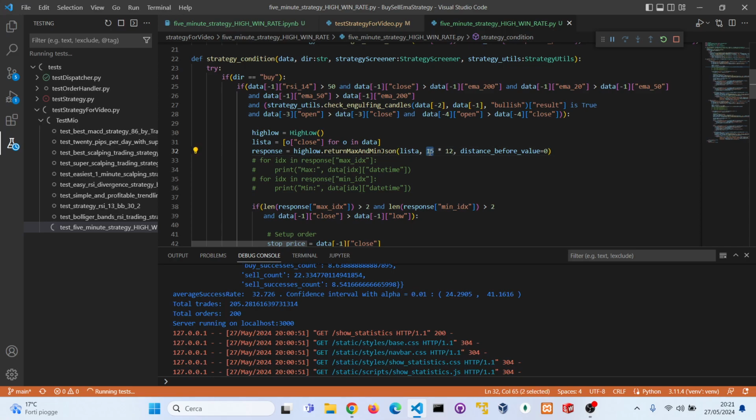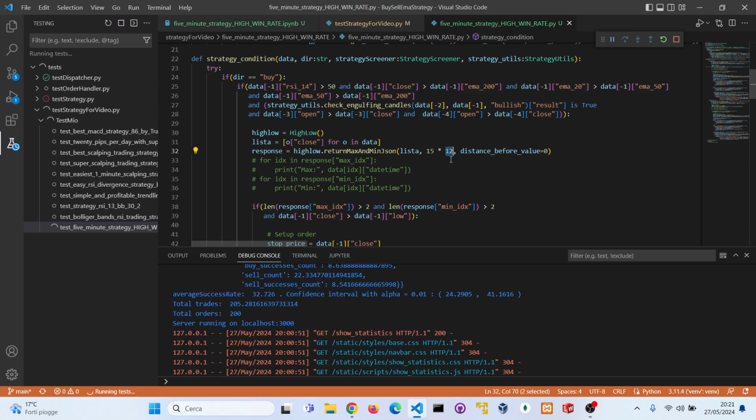So I choose 15 for the hour time frame, but by multiplying it by 12, I'm obtaining the hour maximum and minimum by analyzing the 5-minute time frame, because in an hour there are 12